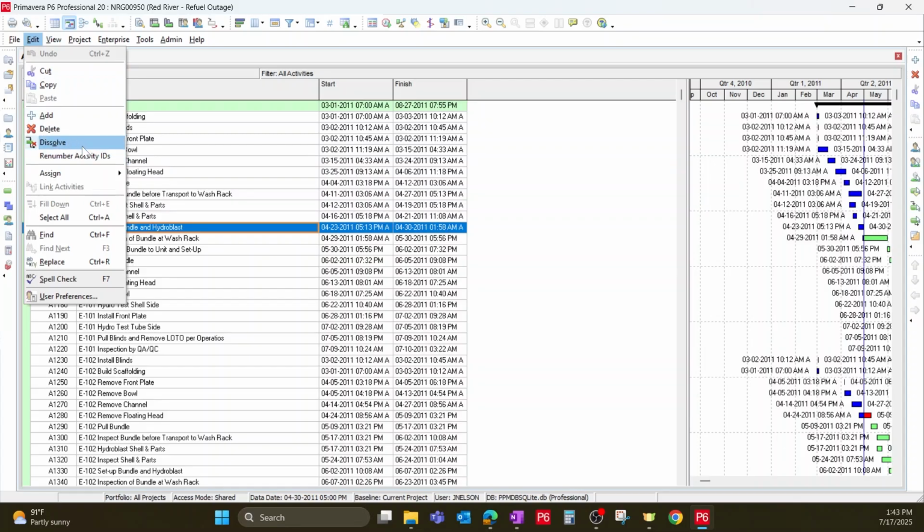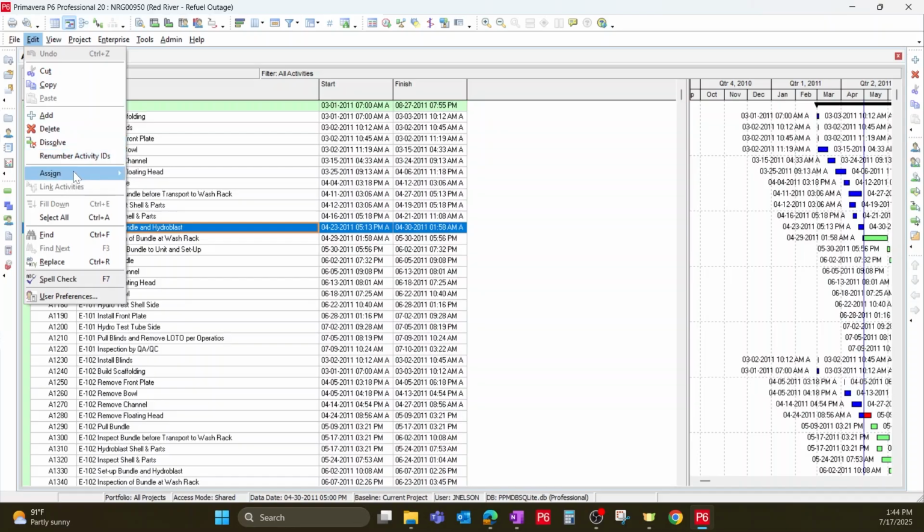Basically what dissolve does, just quickly, if you have task A, B, and C, and they're all linked together in a waterfall, and you want to get rid of B, but you don't want to delete B and lose the logic in between those two, dissolve will basically make it where B never existed and link A and C back together, which is really unique for scheduling software,